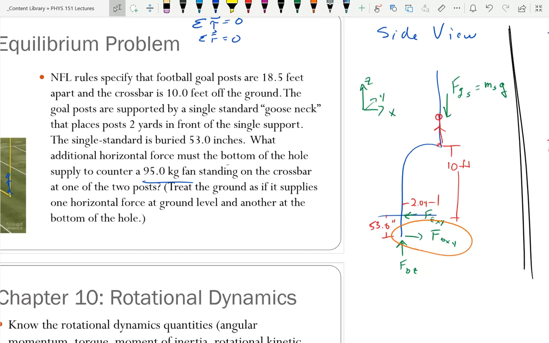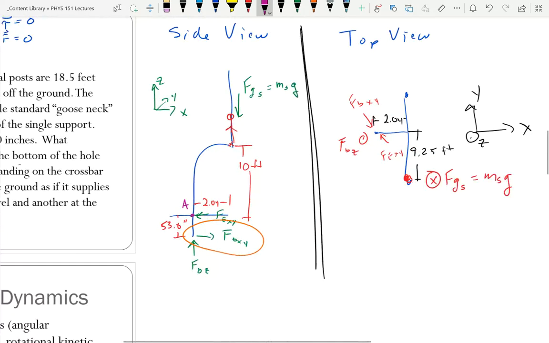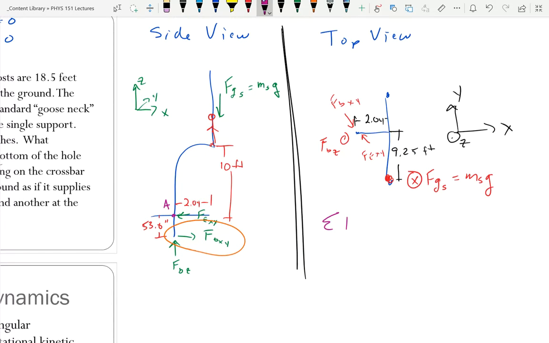Yeah, where it comes out of the earth. So if we sum the torques about that location, I always give it a location, so of course I'll just call it A. If we sum the torques about A, then we'll have the perpendicular distance for both force By and force Exy equal to 0. And so that's going to make my life easier. Sum of the torques about A equals,